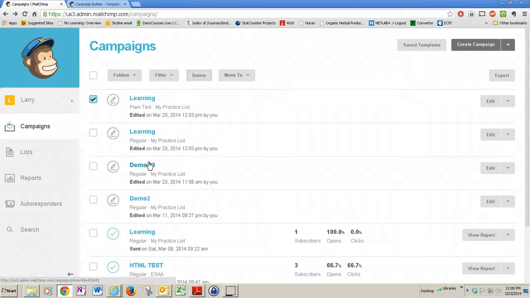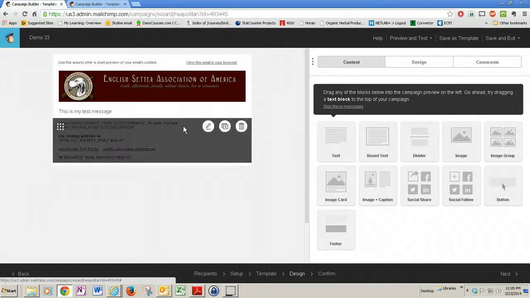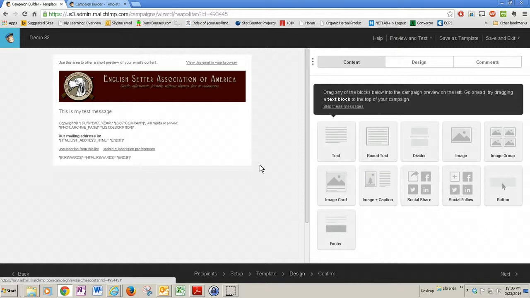This one that we started, demo 33, if I just click on it, it will go back to it. We should be able to just go to next, and it'll load what we have. When given a choice, use HTML because it's going to look prettier and probably have a better shot of getting into the mailbox. Let me go back and